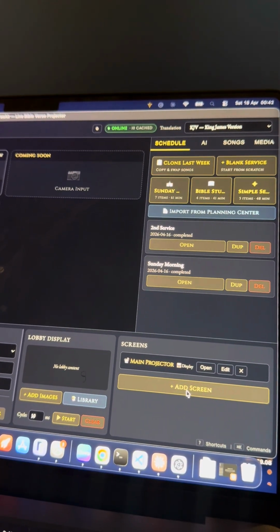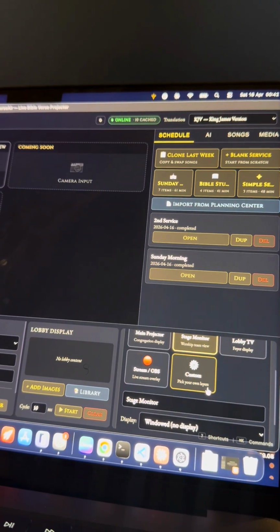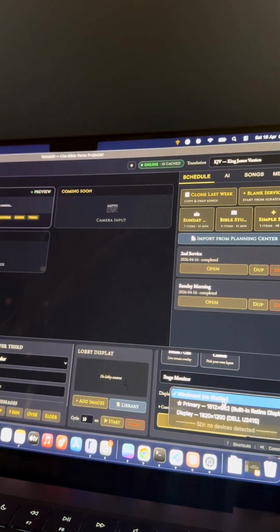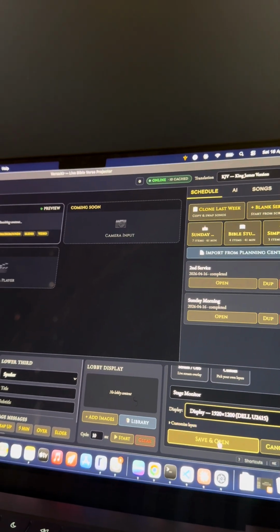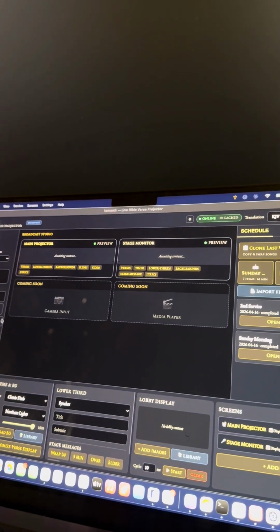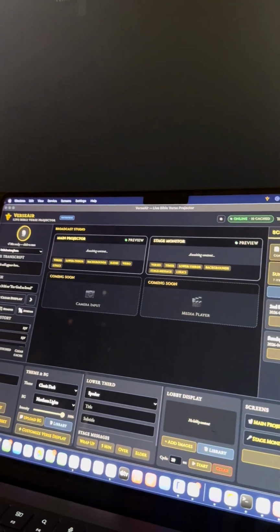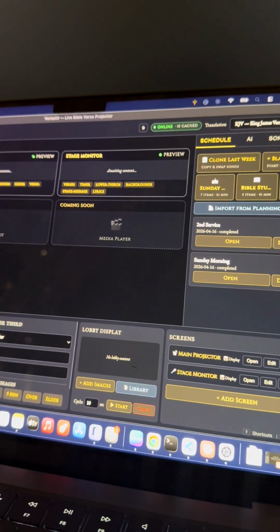So I'm also going to create a stage monitor just to show you what that looks like. Select it to go to the one on top there, and it's going to come here now. All right, good. So now it's on there. So I'm going to go back to the main projector. Good. All right, so the next thing I want to show you